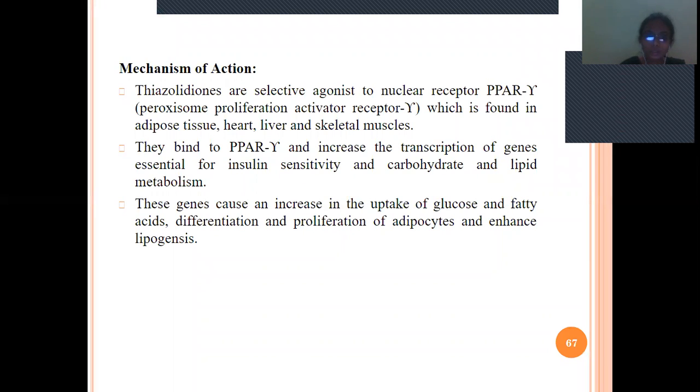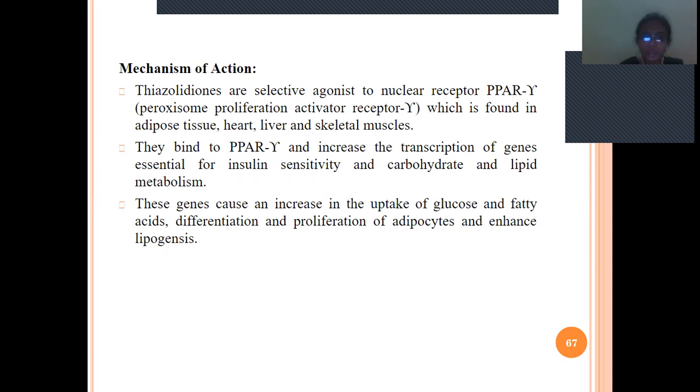They bind to these receptors and increase the transcription of genes essential for insulin sensitivity and carbohydrate and lipid metabolism. So it will increase the uptake of glucose and fatty acids, and the differentiation and proliferation of adipocytes,